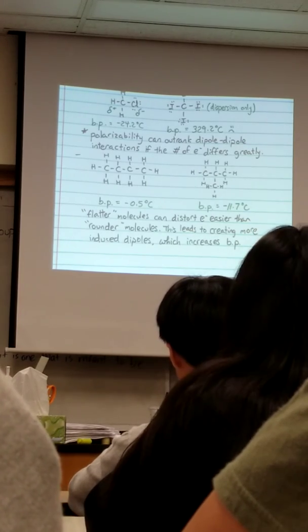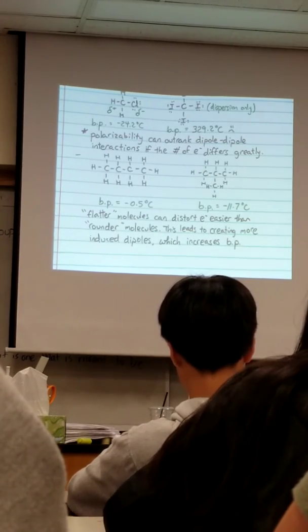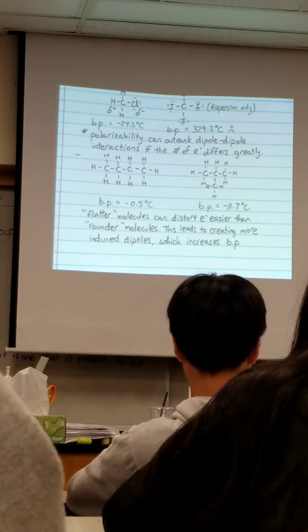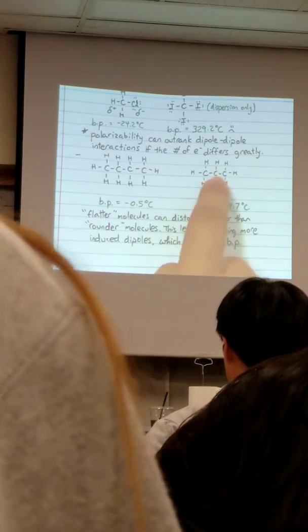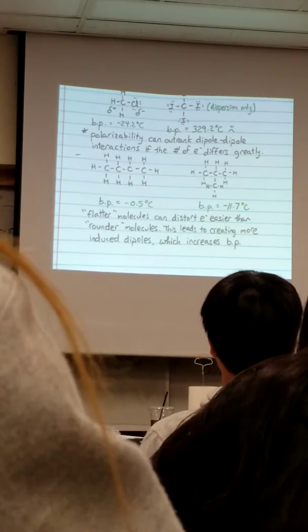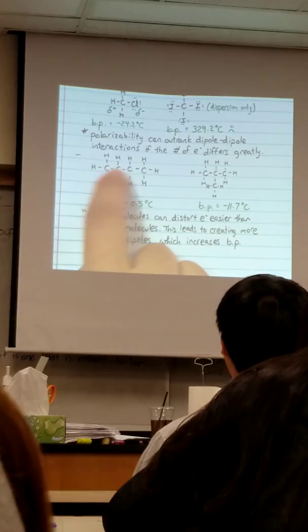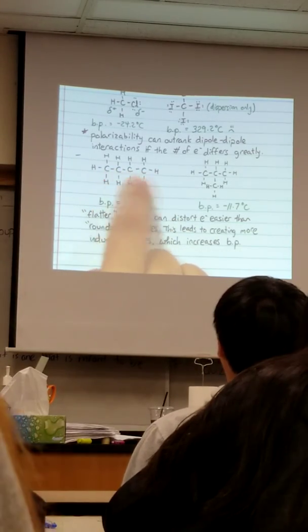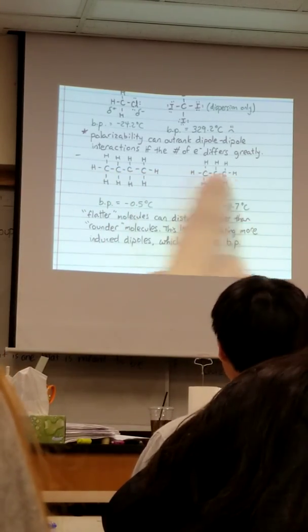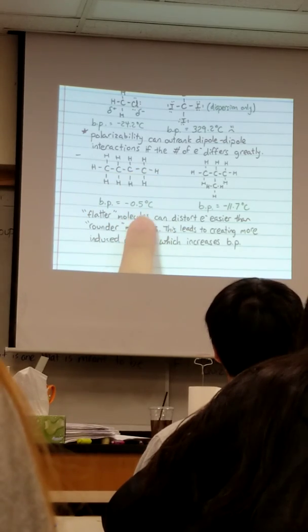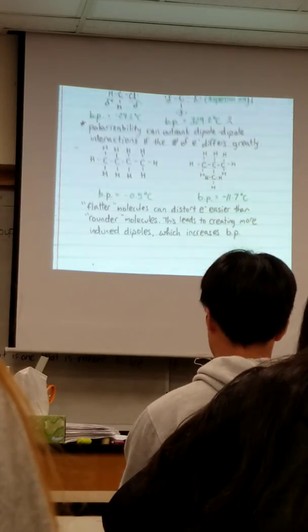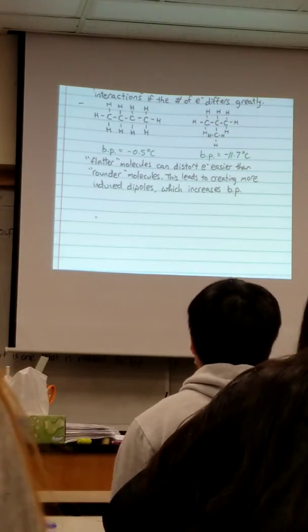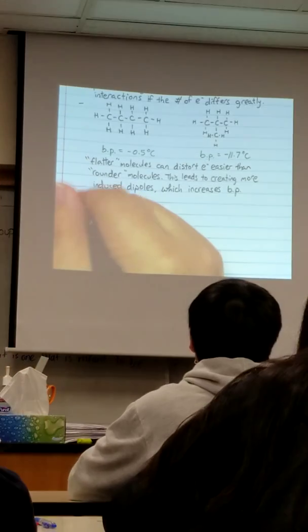All right, so kind of a weird situation in terms of exceptions here, where we have something that goes against the pattern, and then we have something where you have to pay attention to how it's drawn. Okay, so generally speaking, the longer your straight chain, 4 carbons versus 3, the higher the boiling point should be. Okay. All right. So I mentioned NH3, so let me address that. So I want to call this